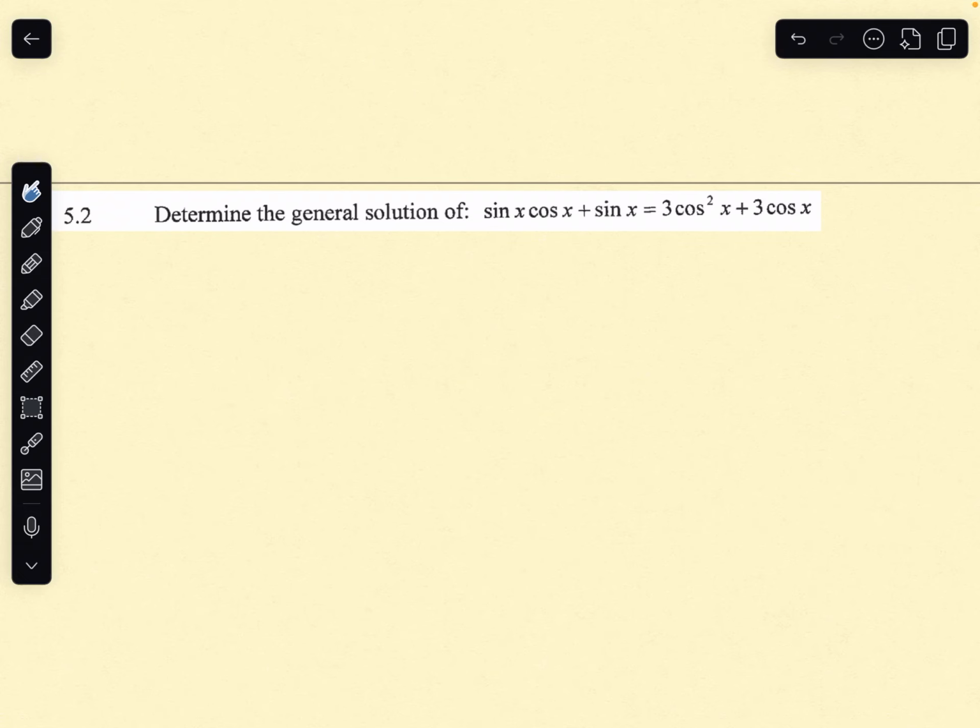Today we are looking at the department's May 2022 paper 2, question 5.2. Determine the general solution of sine x cos x plus sine x is equal to 3 cos squared x plus 3 cos x. Okay, so things that immediately stand out for me when I see sine x cos x, I